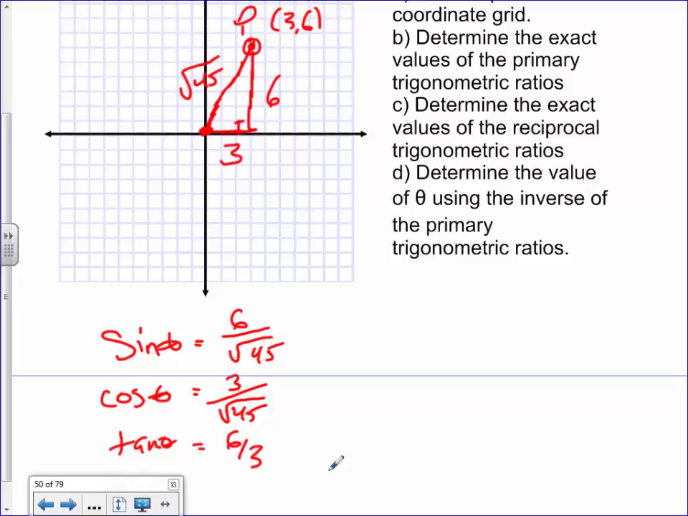Does that make sense? And those are the primary ones. If you ask for all 6, then you have to give the reciprocal ones, and that's actually what the next part here is. For the reciprocal ones, this is not hard. You just flip them upside down. So cosecant just means you do root 45